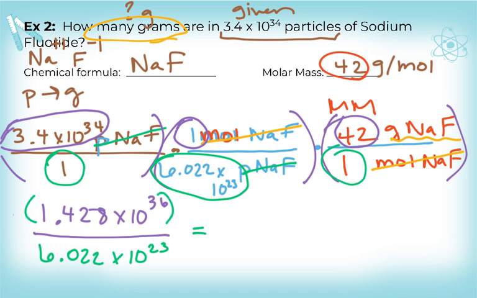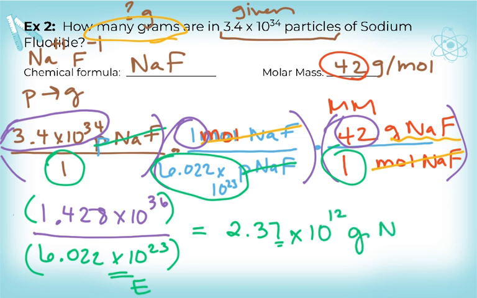You have to be careful with order of operations when we're using that scientific notation. I suggest using that scientific notation or that E button in your calculator, or using those parentheses. And make sure you're trying this in your calculator, actually going through and doing that division so that you know how to go about doing this work. So we've got this here. Then when we divide, I got 2.37, and then that number keeps going. So I'm going to just round to 2 decimal places, and then times 10 to the 12th grams of sodium